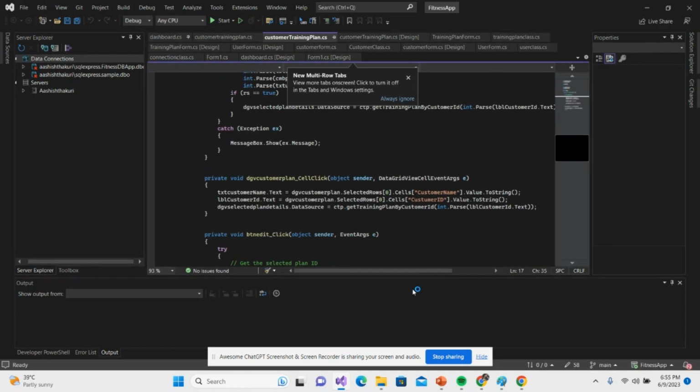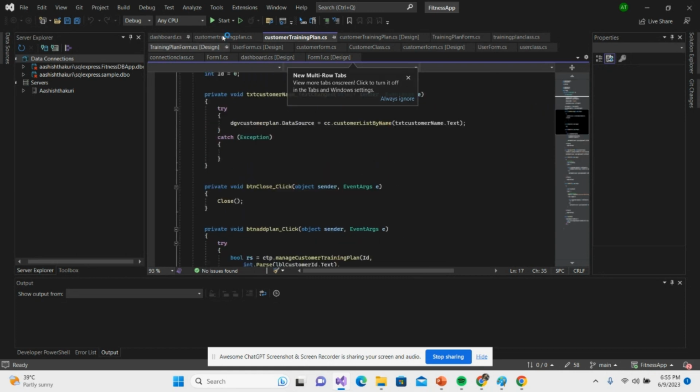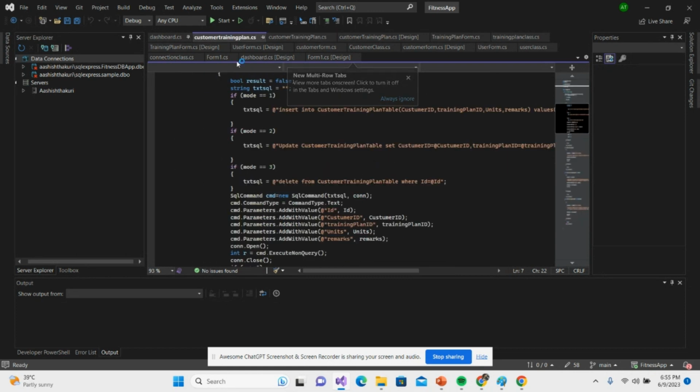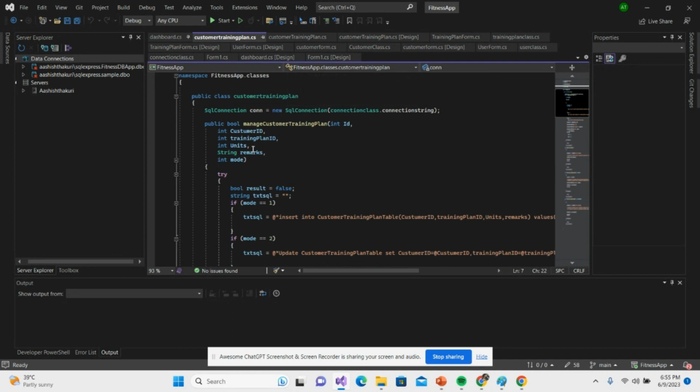Now I have used various things like catch, try catch. I have used if else statements. I have used conditionals. I have used loops. I have used functions, lists. So I'll be talking about that for now. First of all, I'll be talking about conditional statements. Conditional statements like if else and switch case